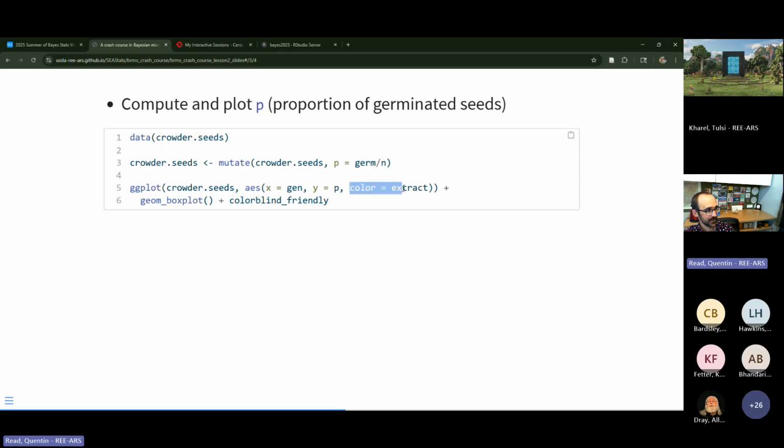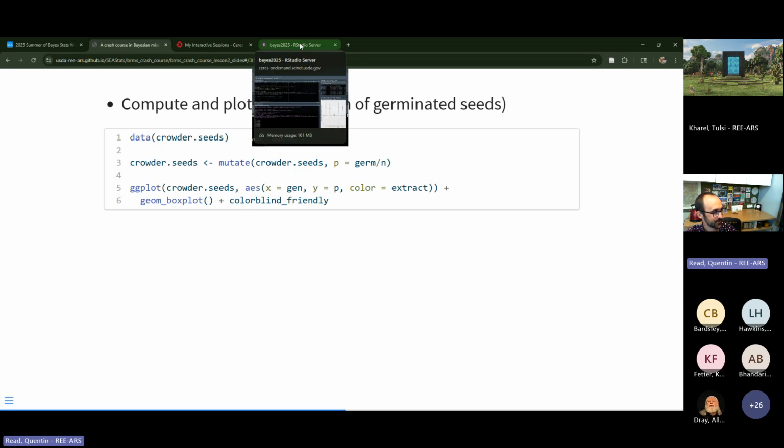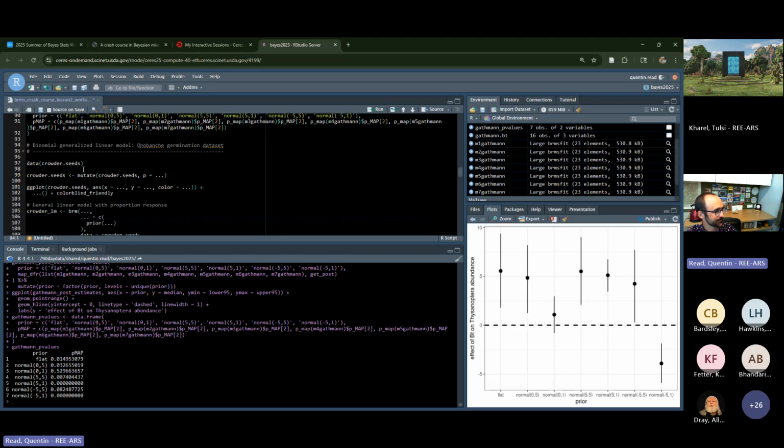The color of the box plot will be which extract treatment each belongs to, with a colorblind-friendly color scheme. I always recommend using that, since you never know, a pretty high percent of the population is colorblind. Okay, so we're going to load the data,